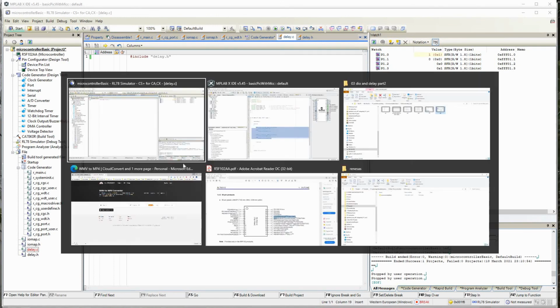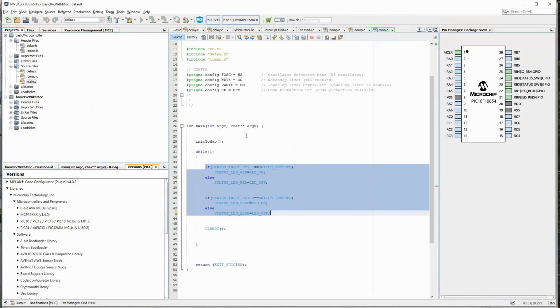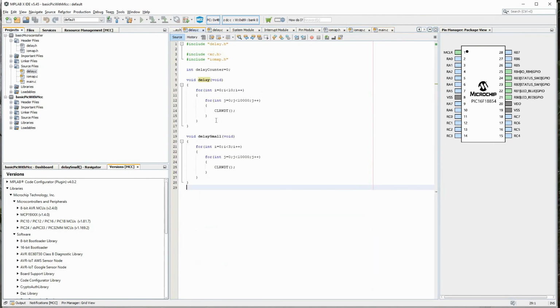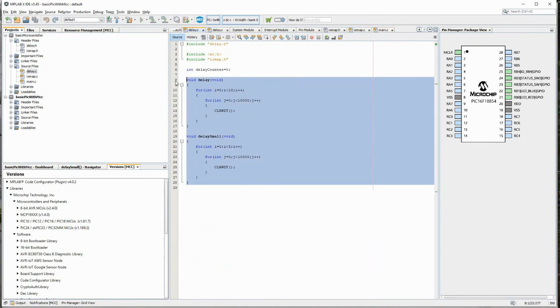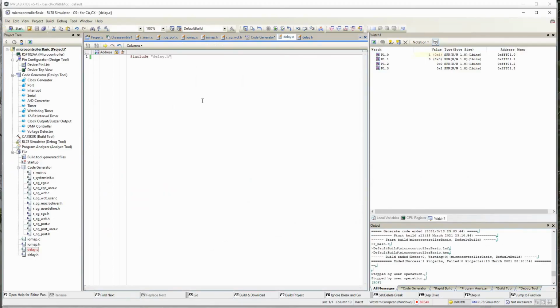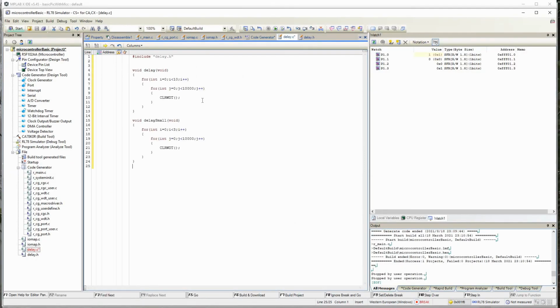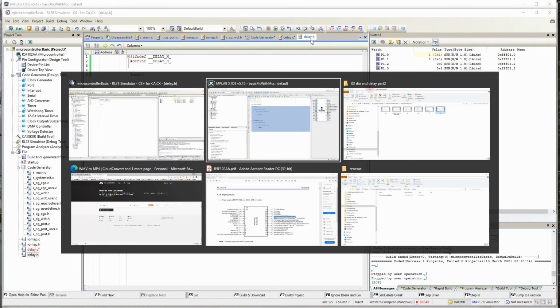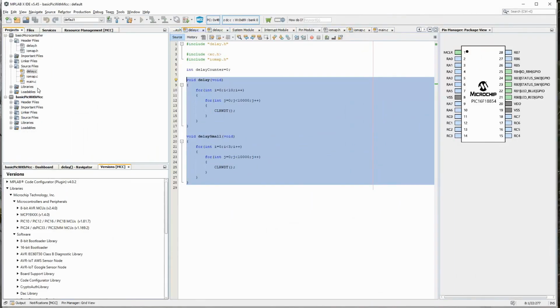Now let's copy our code from the Microchip, the delay which we had written. Delay.c, let me copy this. The variable I was not using, so I will not use it. And in delay.h we only had the function prototype.